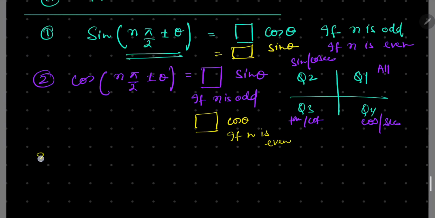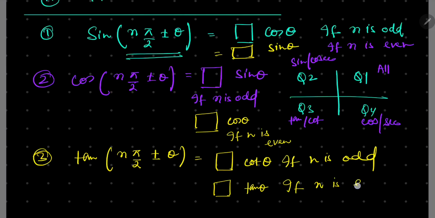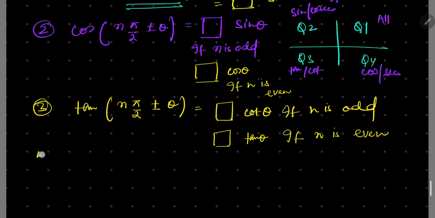And similarly we have the third one, tan of n pi by 2 plus minus theta. The sign will be accordingly, and it becomes cot theta if n is odd, and remains tan theta if n is even. Okay, and the sign will be accordingly. And similarly we have